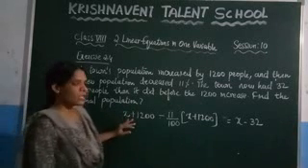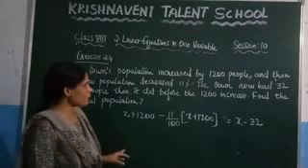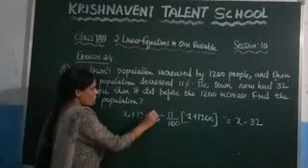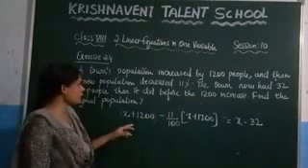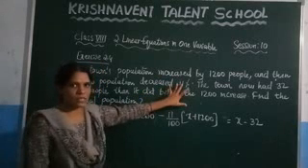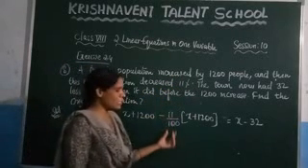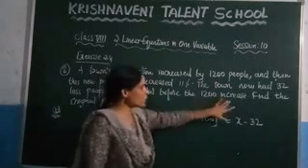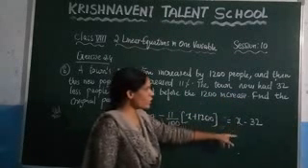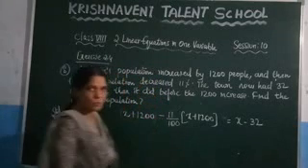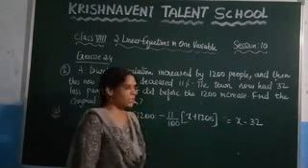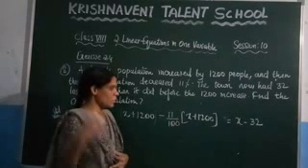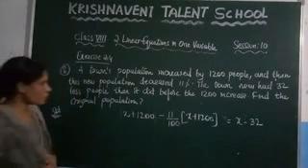Again, let us consider the original population is x. If it is increased by 1200 people, it will be x plus 1200. This is the new population, x plus 1200. They said that this new population is decreased by 11%, so we have subtracted 11 by 100 of it. After that, what result did we get? The result before the 1200 increase, the population, is x. For that, you need to subtract 32 less people, that means subtract 32 from x. Based on this, you need to find the value of x, which gives the original population. Now, solve it here. I am just wrapping up this question.